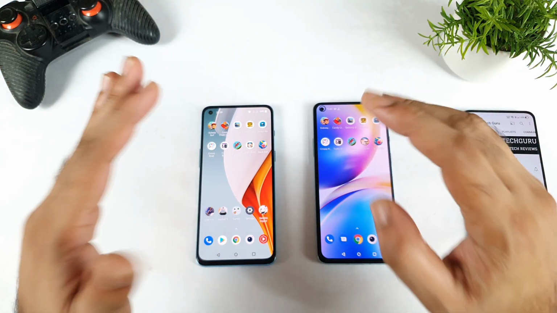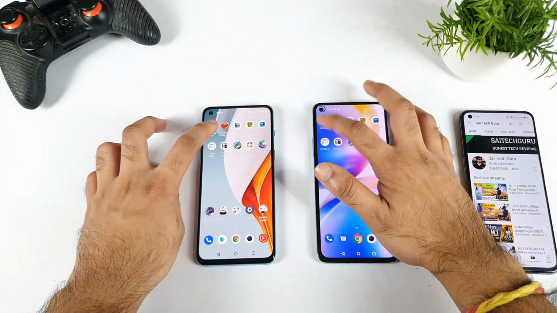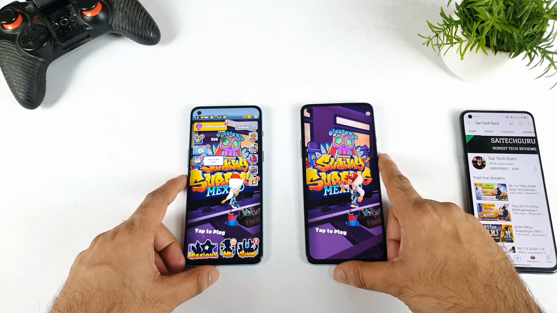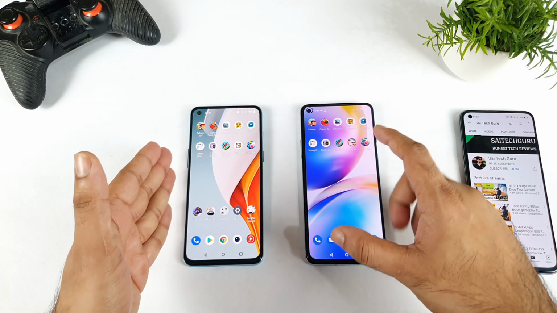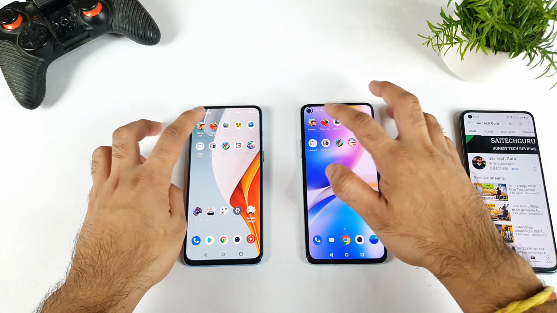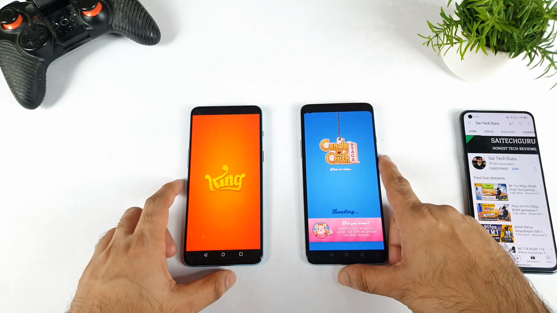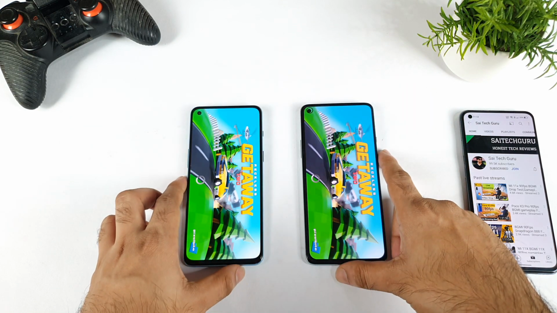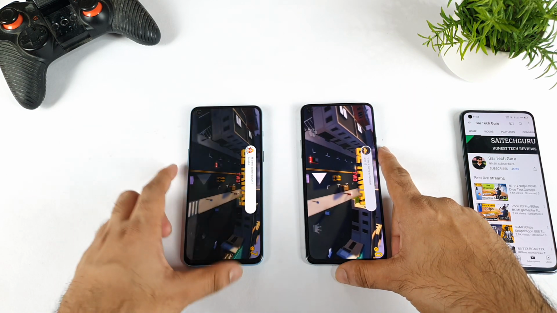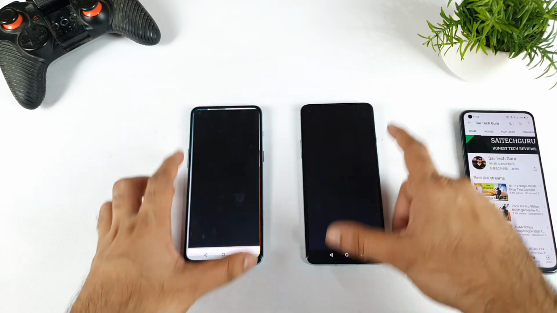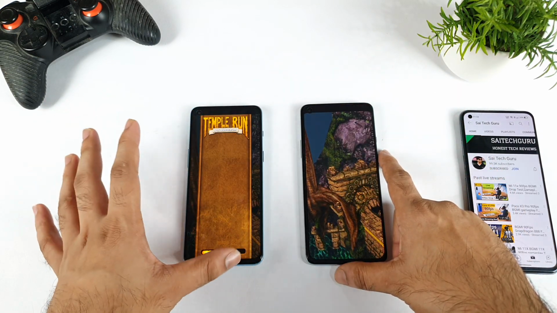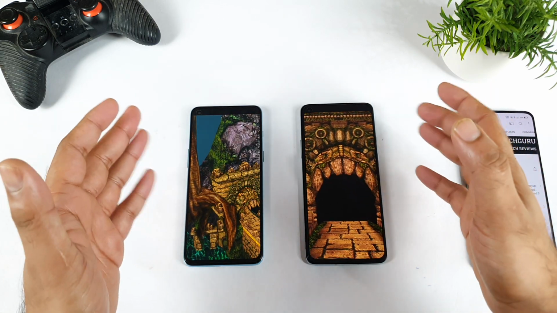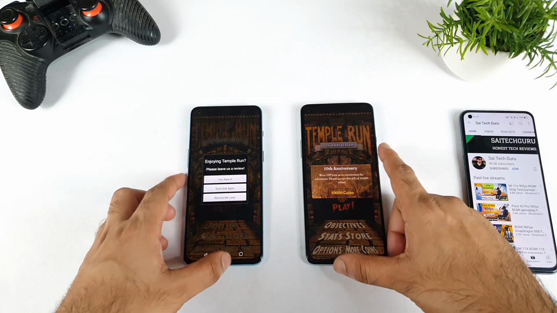I'm getting a lot of comments. I'm saying again, there are no game boosters. The main reason is that if you enable them, they'll try to clear all the background RAM. And right now, there is no high performance mode in the OnePlus Nord 2 as well. I did not enable that. So let's see how the phone performs without it. As I said, without enabling the high performance mode, the phone doesn't perform much. The OnePlus Nord 2 only performs very well in the high performance mode. But I need to test the RAM management. That's my main focus in doing this video, testing the RAM management especially.